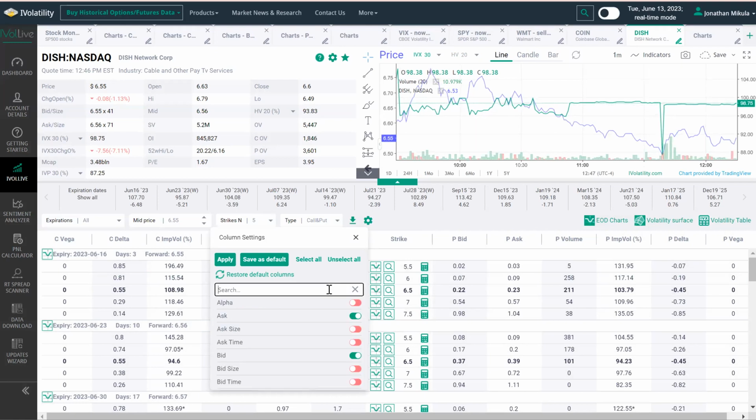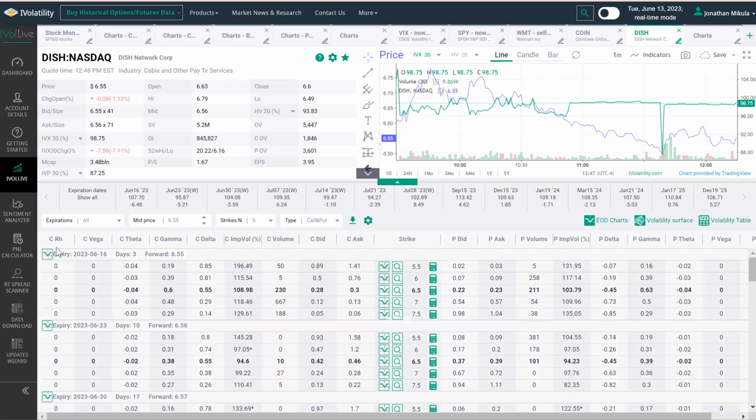Theta is another popular one. Here we go, and then gamma. Here we go. And then you can apply, and it will go for this one name. So for example, Dish, which is my tab here, or you can do save as default, and that will apply across any tab that you pull up in the future. So now you can see we have rho, vega, theta, gamma, delta, and it will measure this for all available options for all available stocks that we cover, which again is a huge universe,